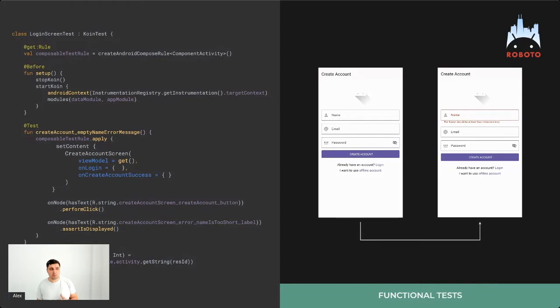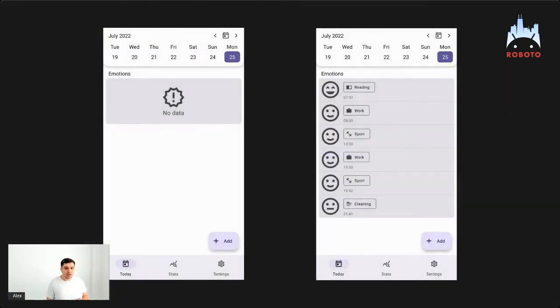As you can see, it's much faster. We save 3 seconds, which we spent in previous tests just for navigation. So we can add much more such tests because they are much faster. With this approach, we can easily test different states of the application. As an example, when we have no data, when we have some data, when we have loading screen, we can easily test all error